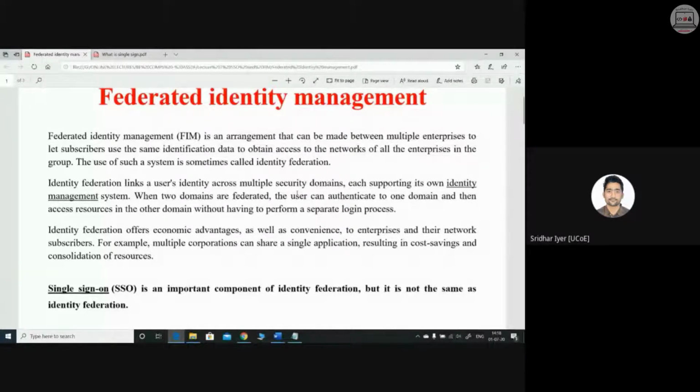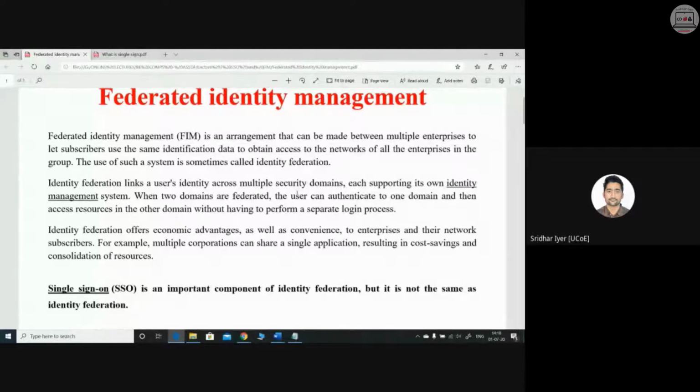So basically, once you log in to the trusted third party, you are not required to log in to each and every organization's websites separately, because now the trusted third party has already authenticated you on those websites on their behalf as well as on your behalf. So this saves your time, and this saves you the effort of logging in each and every time to that particular website.